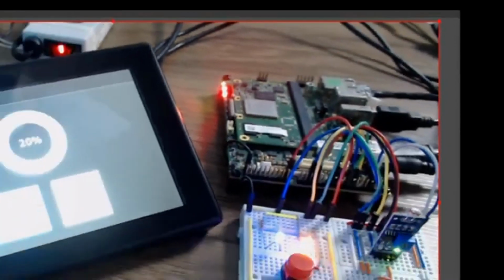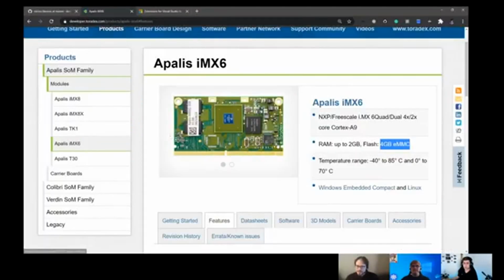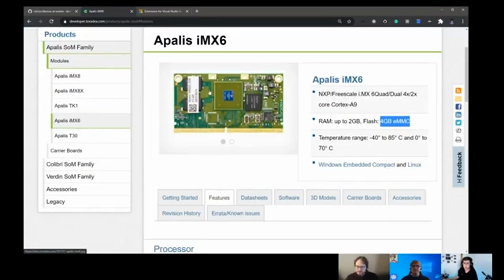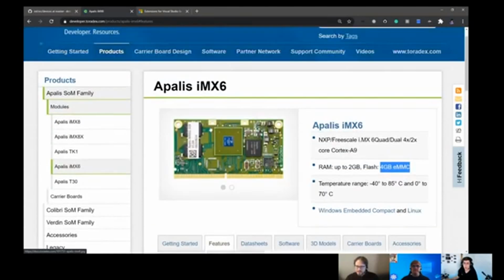The carrier board implements the interfaces that we have on our computer on module. This is hard to design. The PCB design of this is high clock, so you have to spend more time